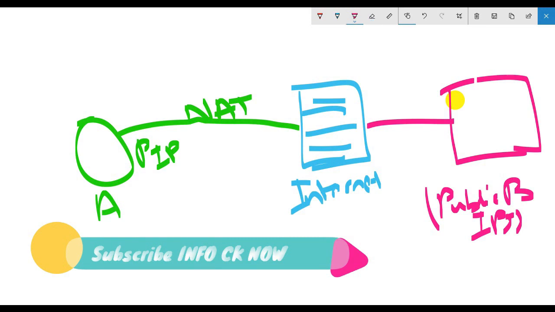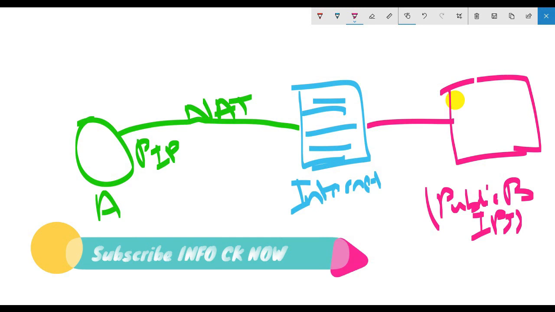So let's suppose that user A has encountered some issues, right? And user A needs some help from user B. In this case, user A is running behind a private IP address or NAT IP address. So user A cannot directly share a bind shell, right? Because it doesn't have any public IP address for communication. So bind shell is totally not possible in this case.